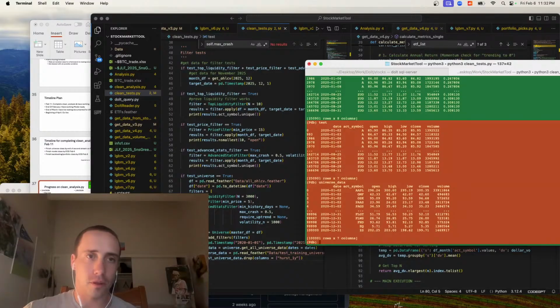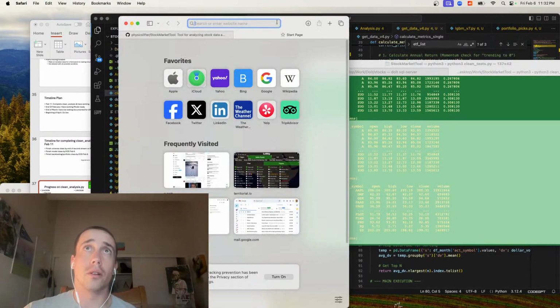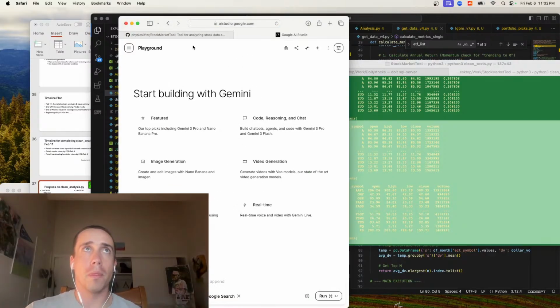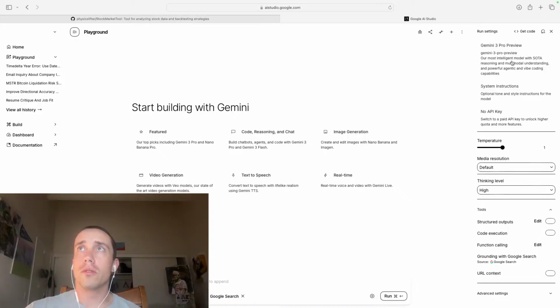Alright, so let's pull up Google AI Studio. Alright, help me troubleshoot this problem. The results returned by my universe class defined in